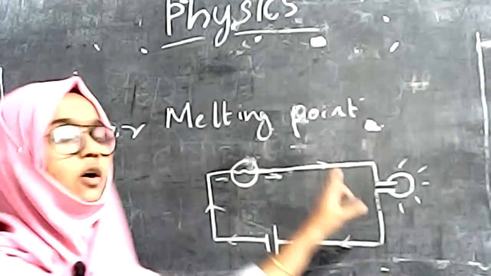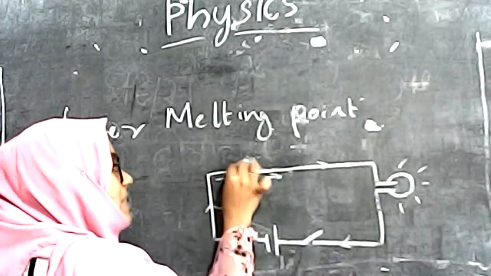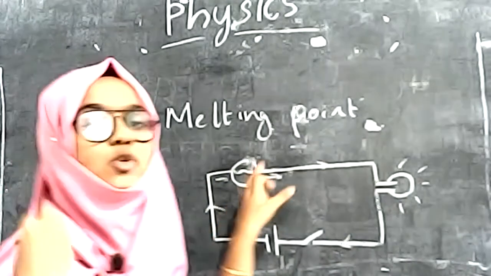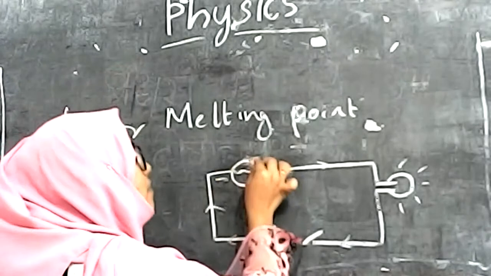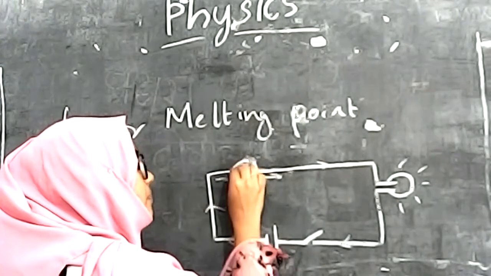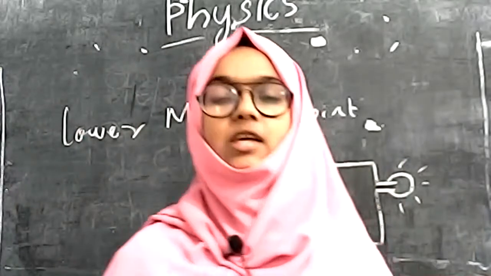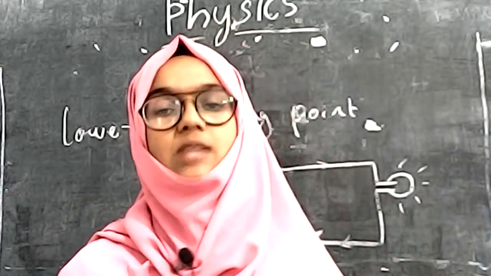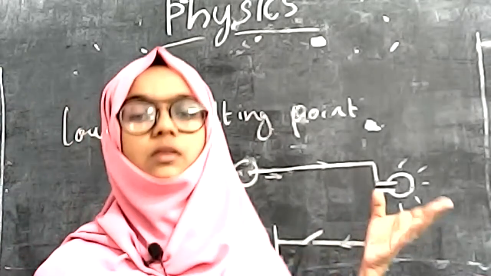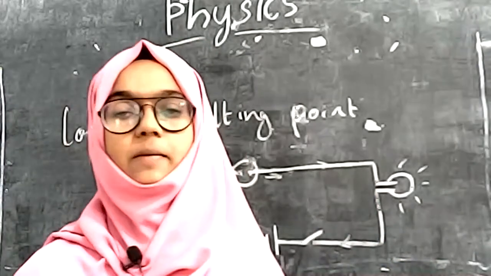When an overflow of current comes to this circuit, that overflowing current always passes through the fuse wire. The fuse wire becomes more heated, and the lower melting point makes the fuse wire break. This breaks the electricity in the whole circuit, and because of that there is no problem from the higher or overloaded electricity passage.